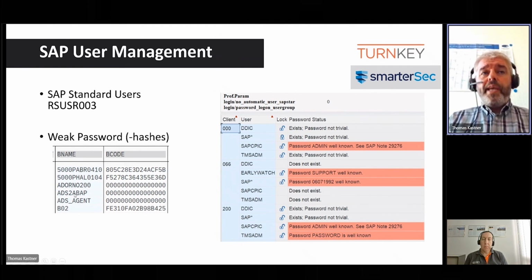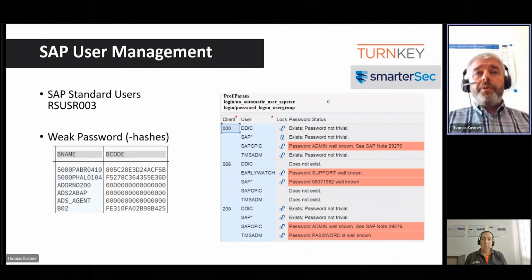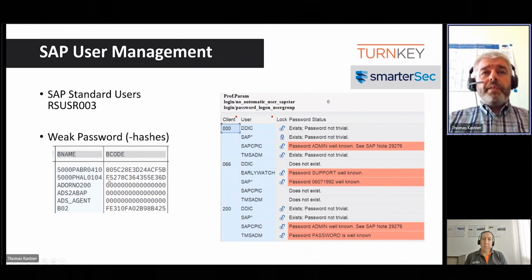The user's name acts as a salt in the password hash, so it's easy to crack. And using that, including some unfortunate settings in your SAP systems, I could still log in with the BCODE, even though you have upgraded and use more secure password hashes.